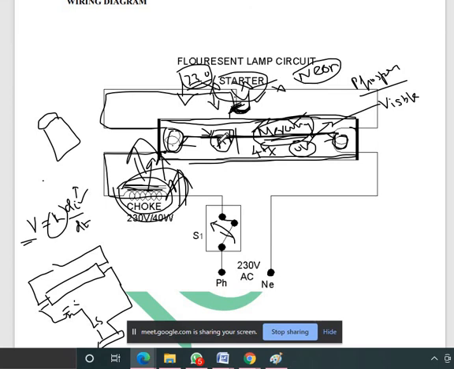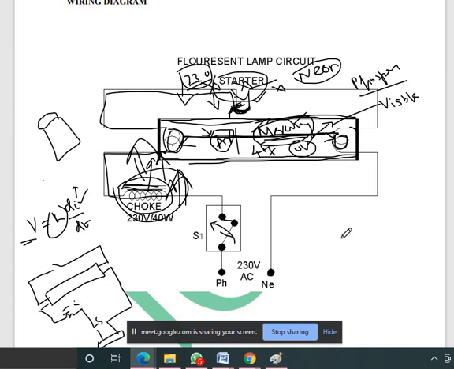The operating voltage of an LED is less than 5 volts, because you connect the 230 volt supply in your home, but internally it is converted into DC. Only 5 volts is required to switch on the LED. So we can connect 4 or 5 LEDs, each consuming only 5 volts, that's all. It consumes very little current, less than a milliampere. So the power consumption is very low.